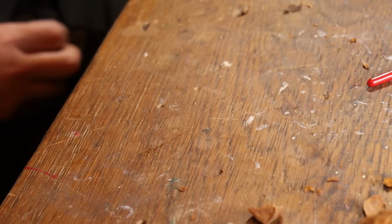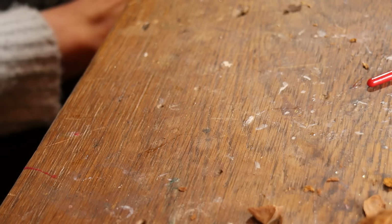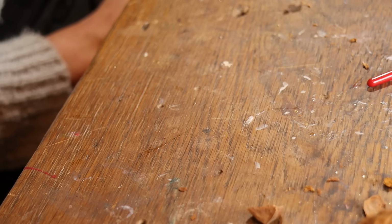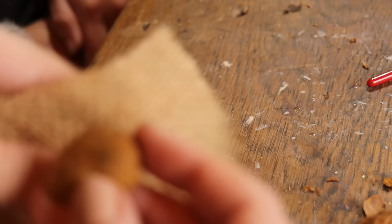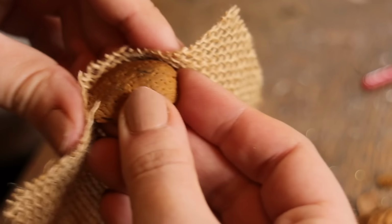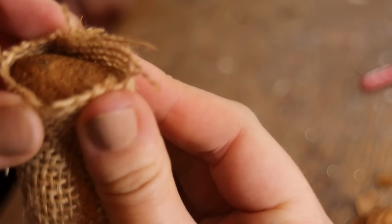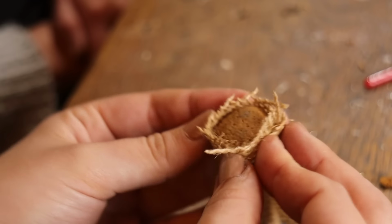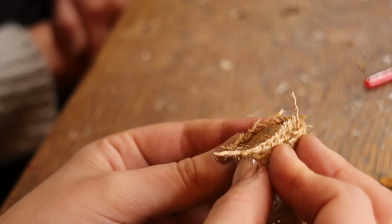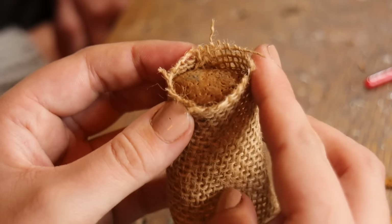When I say you, I mean like us, people. They used cardboard, didn't they? I should use cardboard too. So I've got this, and I'm going to sew it into a bag with other stuff in it, and then it kind of looks like, what does it look like? Bread? No, it's supposed to look like the